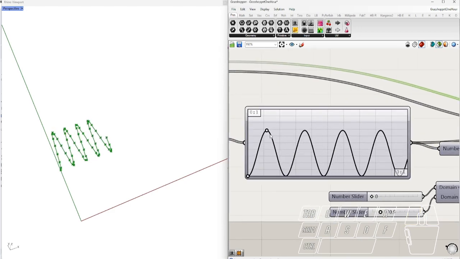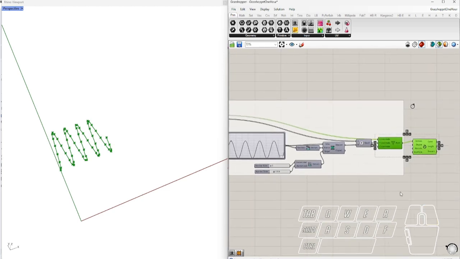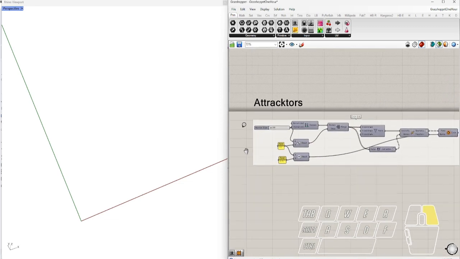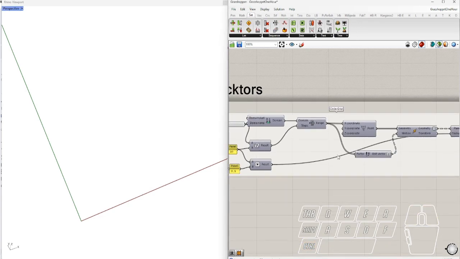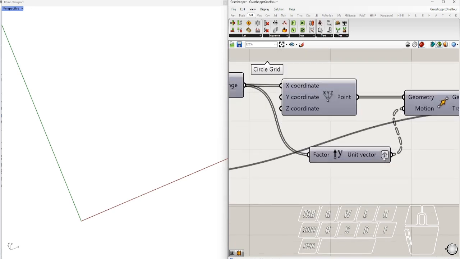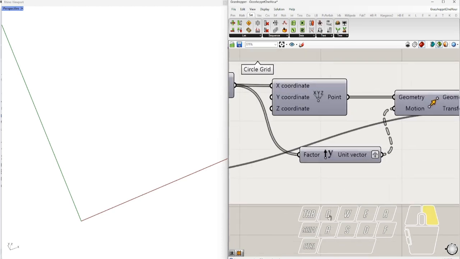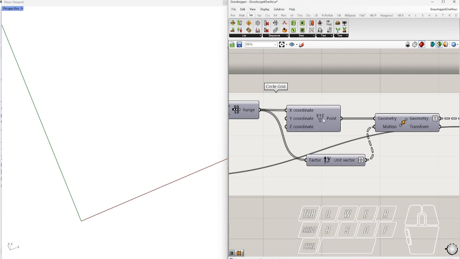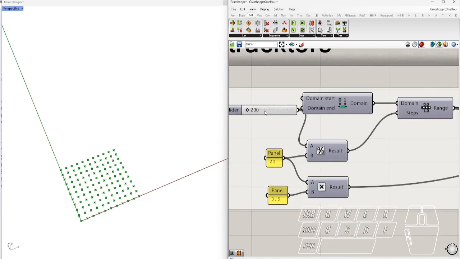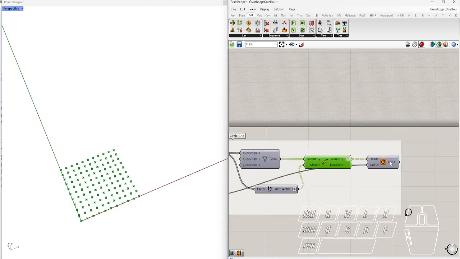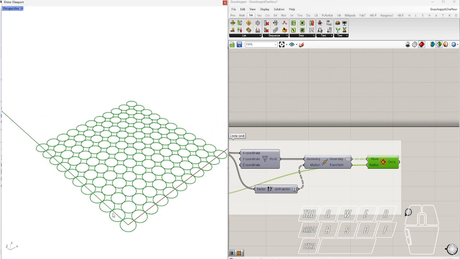Now we're gonna check the attractors. Now we're gonna build a grid of circles using their radiuses, and I'm gonna move them according to the radiuses, but in a specific predefined domain. So as you see, they're all tangent to each other. And now I'm gonna use that